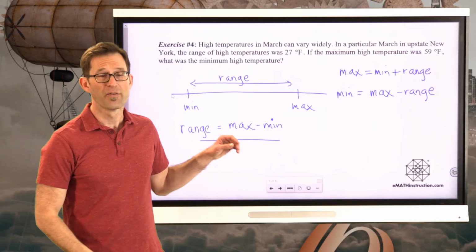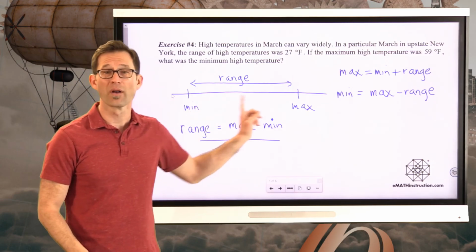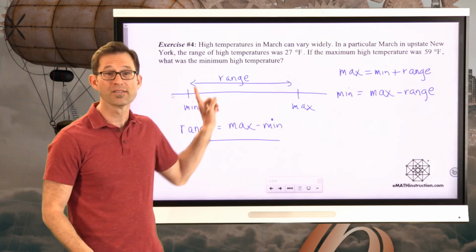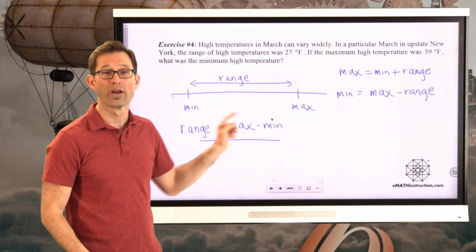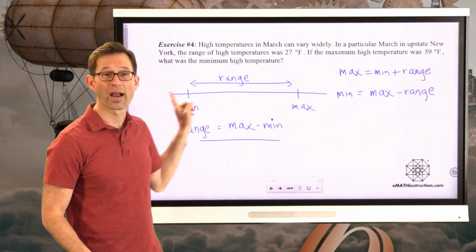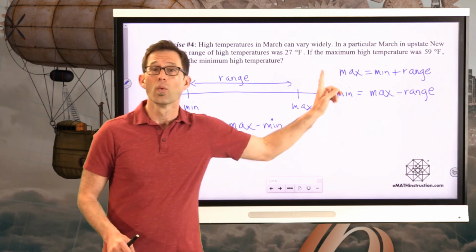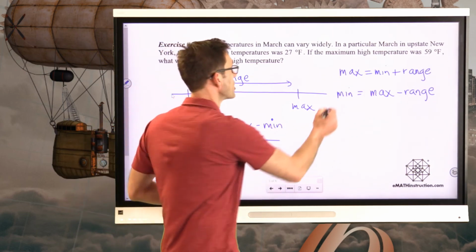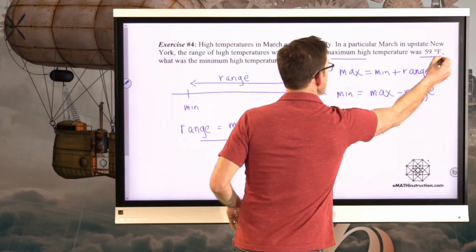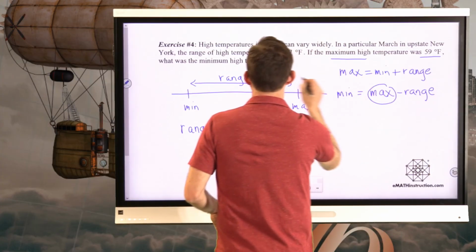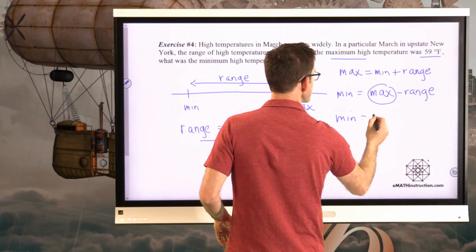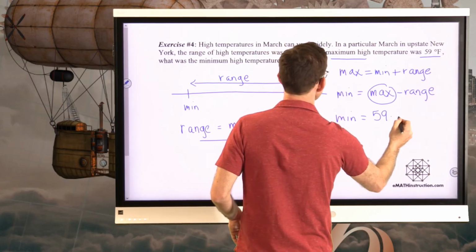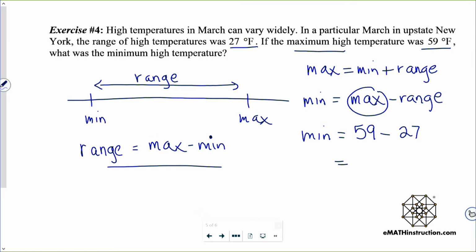So if I'm sitting right here on a number line and I want to be over to here, then I'll take this and add the distance between them. On the other hand, if I'm here and I want to be over here, I'll take this and subtract. Well, what do we know? We know that the maximum is 59. We know that the range is 27, so the minimum is going to be the maximum minus the range. So the minimum had to be 32 degrees Fahrenheit,